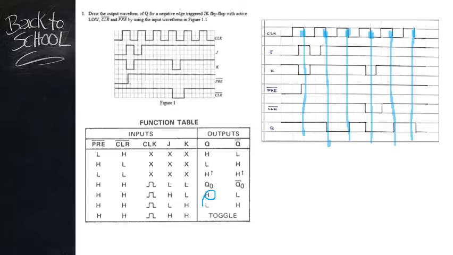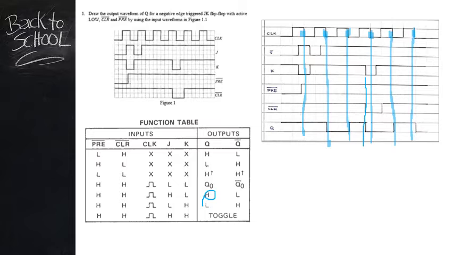So at the third negative edge trigger, the preset is high and the clear is high. We look at JK. The input J and K both are high. So the output waveform will be toggled again. At the fourth trigger,